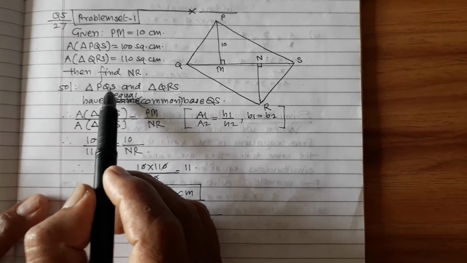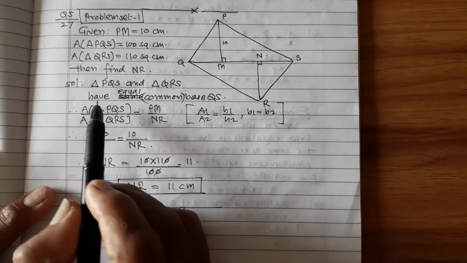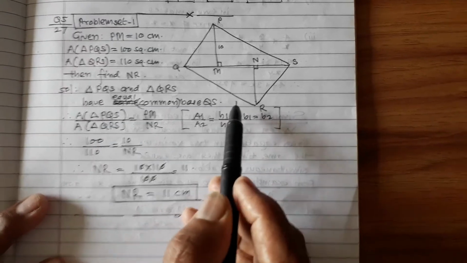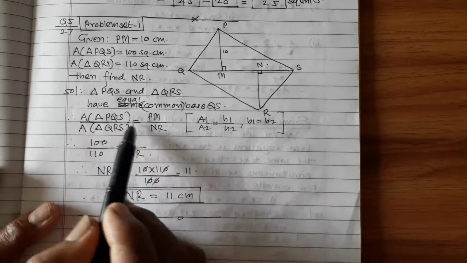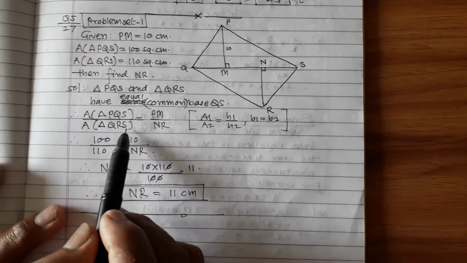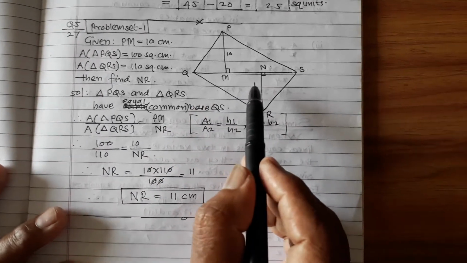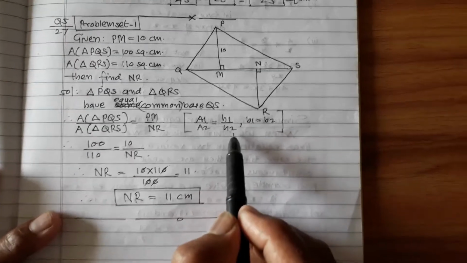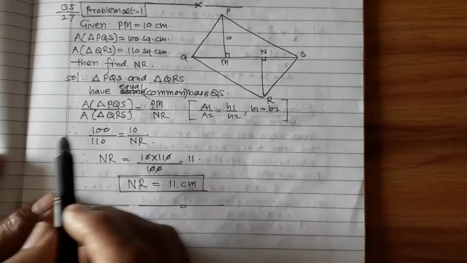Triangle PQS and triangle QRS have equal base QS, and therefore area of triangle PQS upon area of triangle QRS is equal to PM upon NR. Reason: A1 upon A2 is equal to H1 upon H2 because B1 is equal to B2, and then you substitute